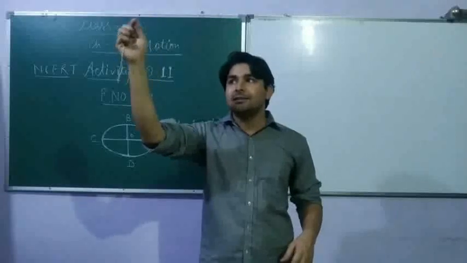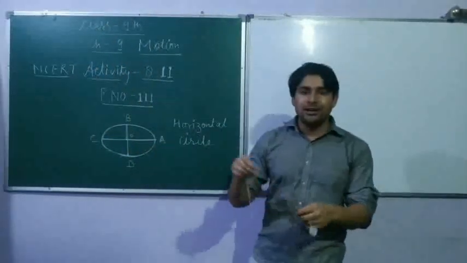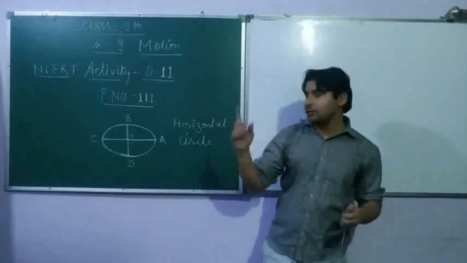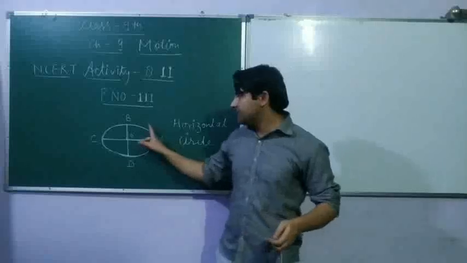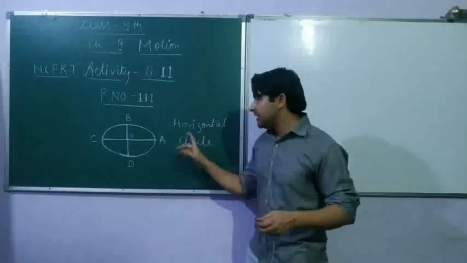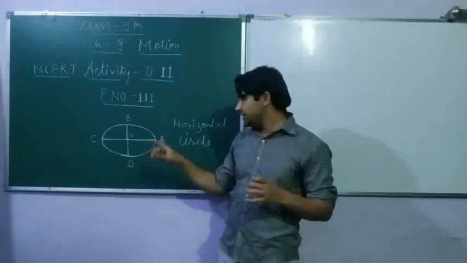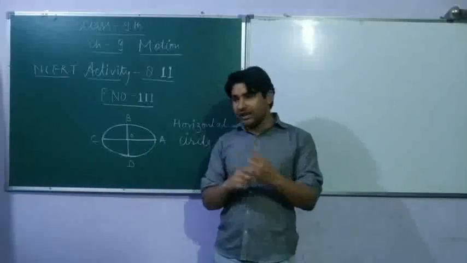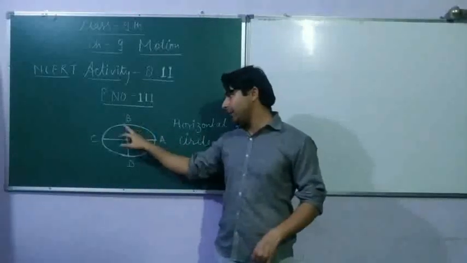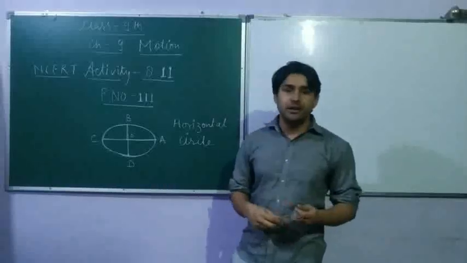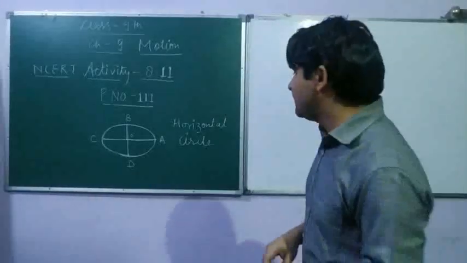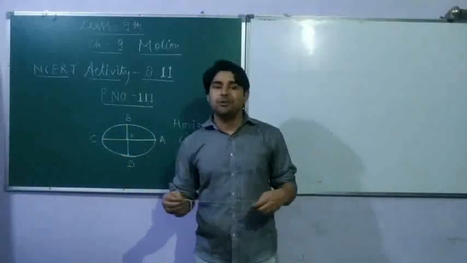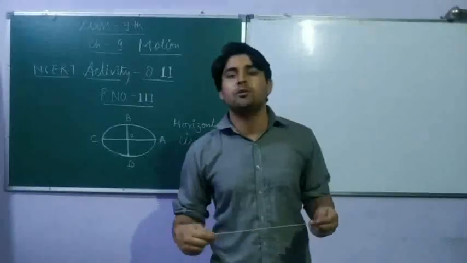Then you have to release this stone or this object at different points of that horizontal circle like this. I have drawn a horizontal circle. Then we will try to move our object in this manner, and we will try to release our object at different points: point A, point B, point C, and point D. These letters have been assigned for different positions on this circle, and we will find out what the observations and results are.